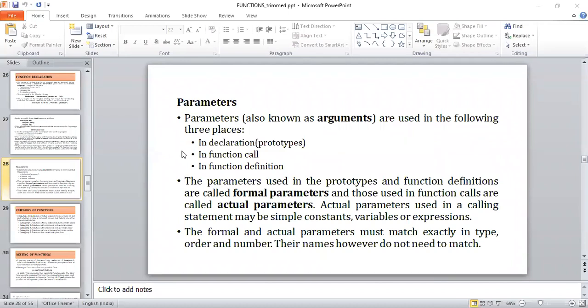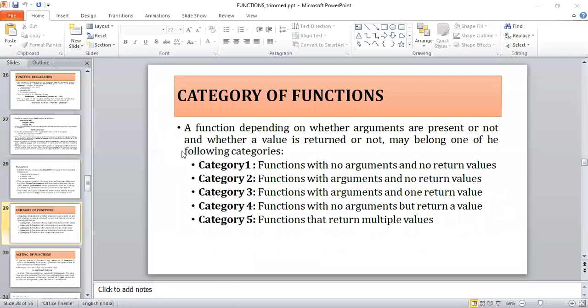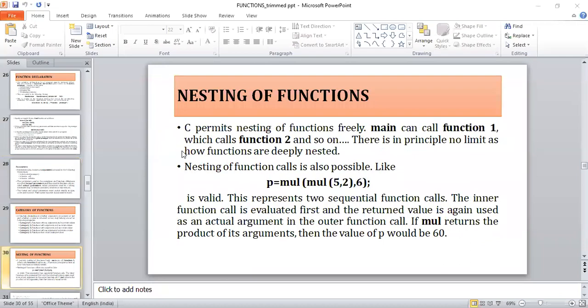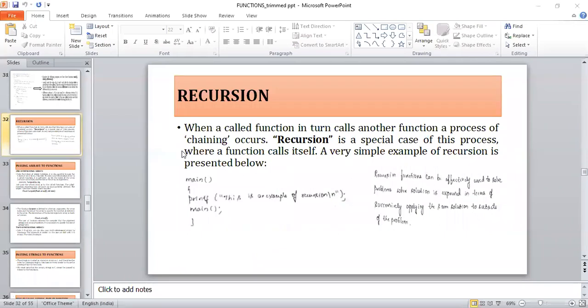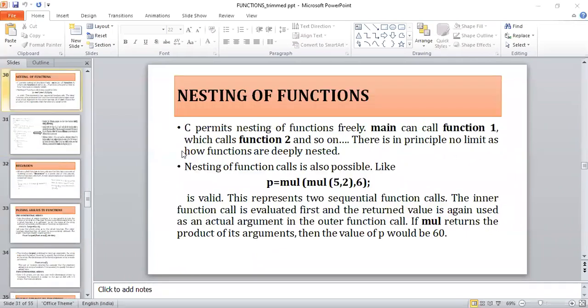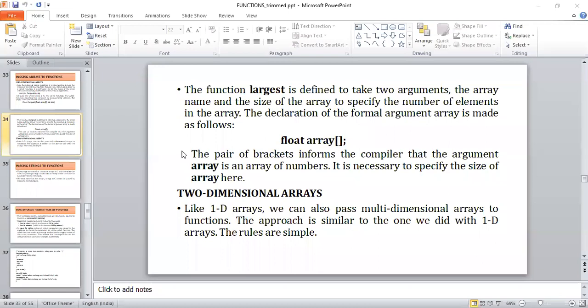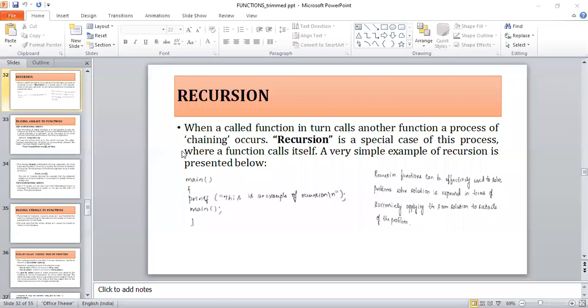Okay, very important concept. So after this, we have nested functions, and then one more important concept waiting for you, that is recursion. And later we have passing the arguments to the functions, pass by value and pass by reference. So after that, we will end up this module also.